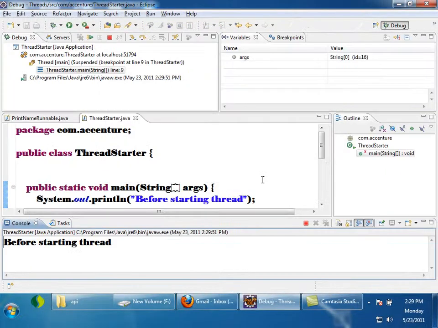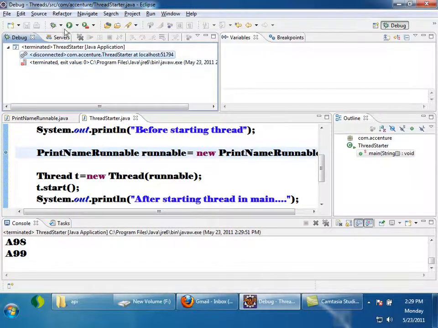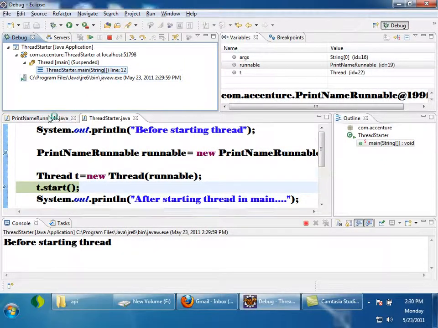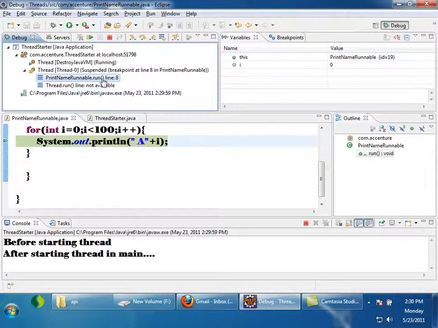Okay, see here. What is the name of this thread? I'll press F8. Oh, okay, I'll start again. F6. Okay, let me keep a breakpoint. Yeah, what is the name of this thread? Tell me. Thread-0. By default, the JVM allocated some name to it. We can also allocate a name to a thread, I'll show you. But by default, the JVM has allocated a name called Thread-0. If I start another thread, it will be Thread-1, Thread-2, Thread-3. So every thread will have its own name, right?